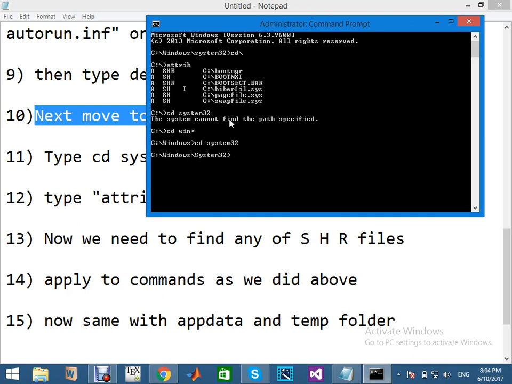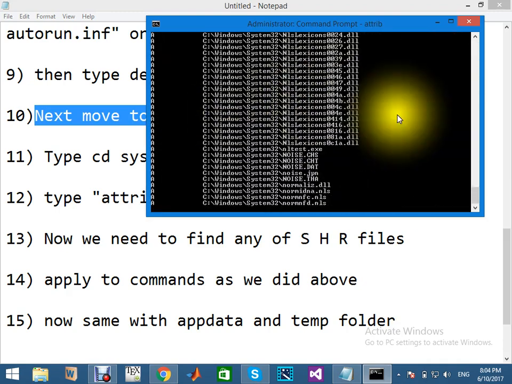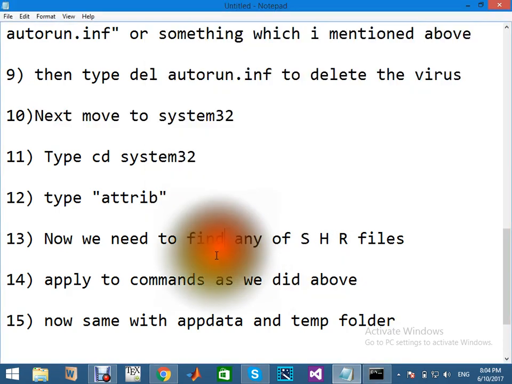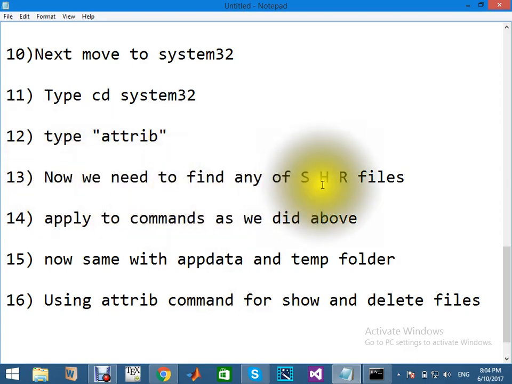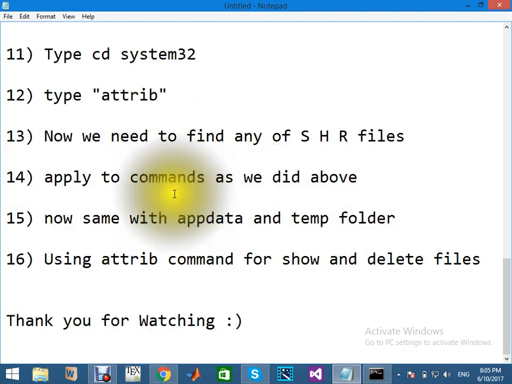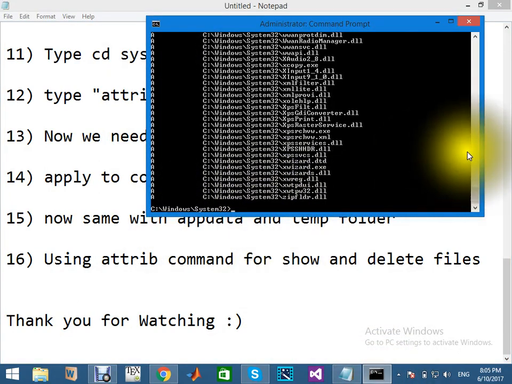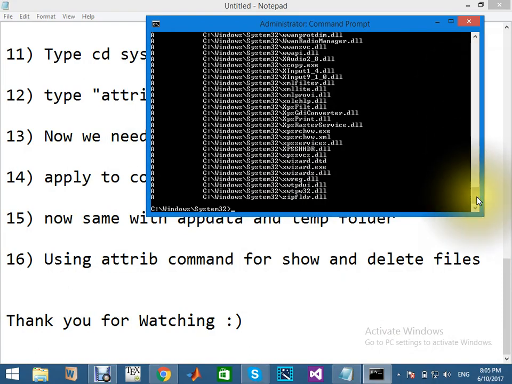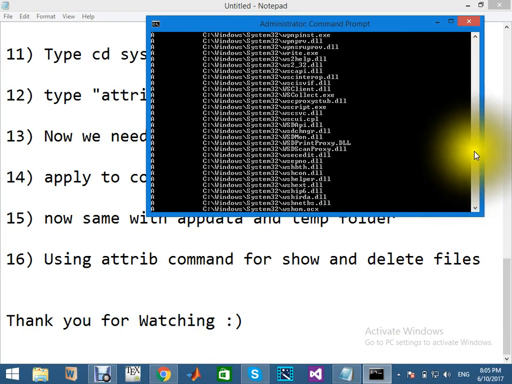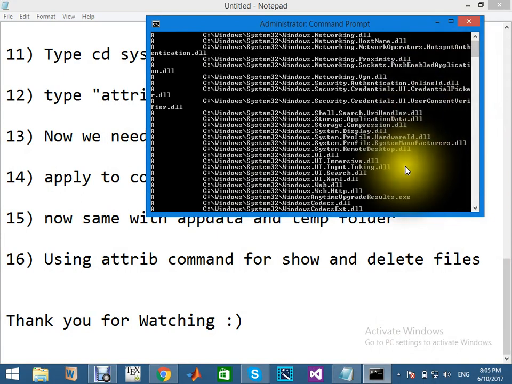Now here again write attrib. Now you have to check. We need to find any .inf or .exe files, and apply the commands as we did above. Same with AppData. First of all, we have to check whether I have any .inf or .exe files which we mentioned.